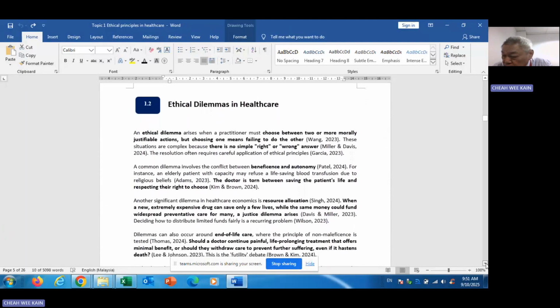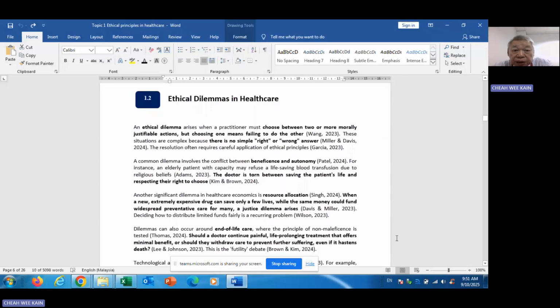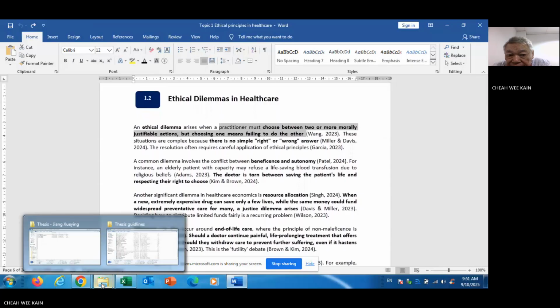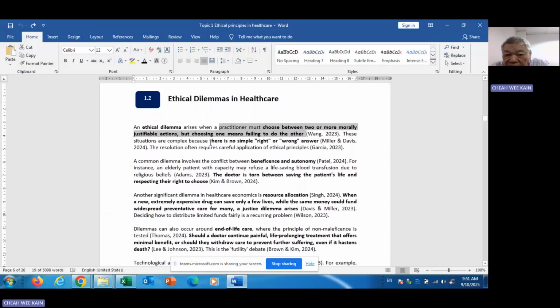Now, we'll go to the second one, which is called the ethical dilemmas. It arises when a practitioner, a medical practitioner, must choose between two or more morally justifiable actions, but choosing one means failing to do the other. There's no simple right or wrong answer for this kind of issues. Okay, so two, you have to choose one. And when you choose one, maybe the other one is having problem in your principles. Okay, so